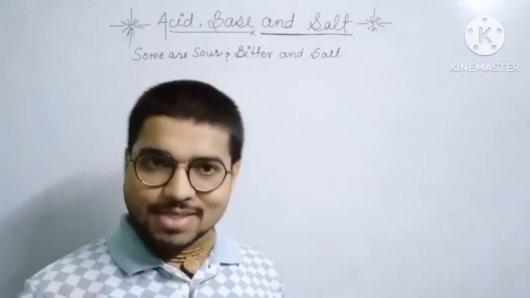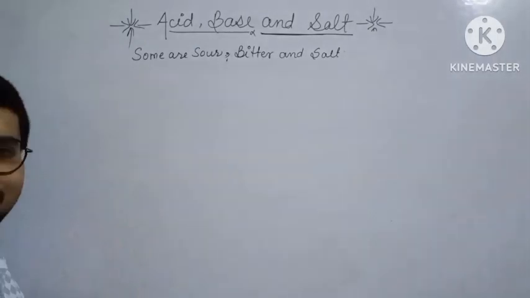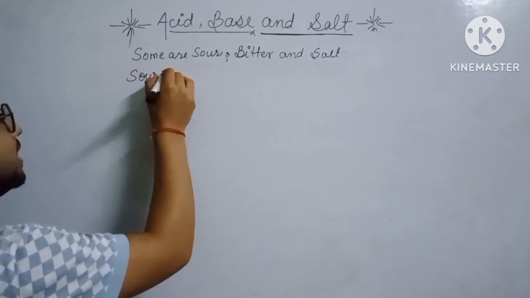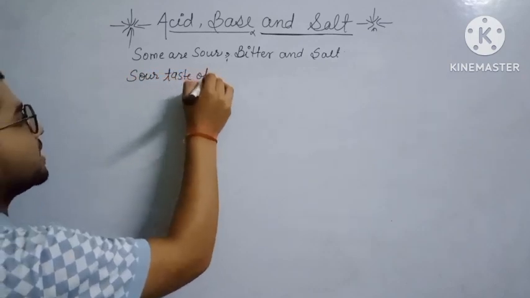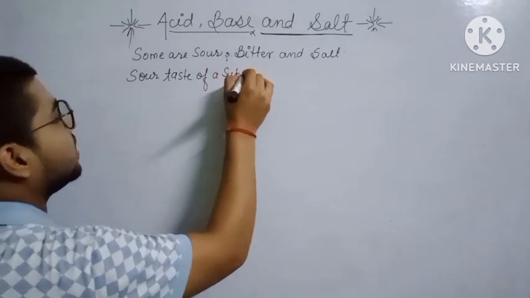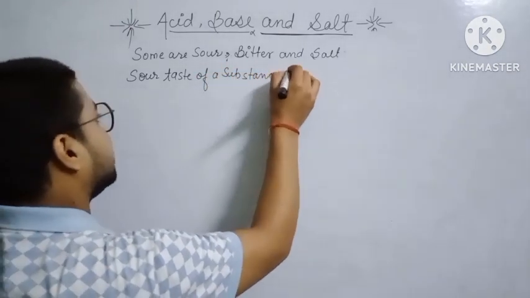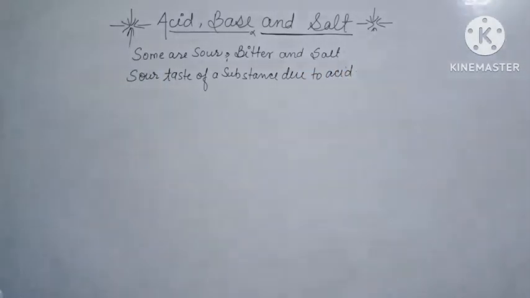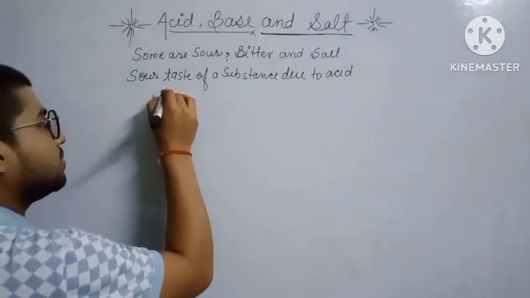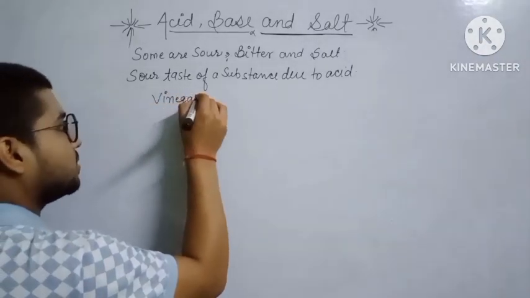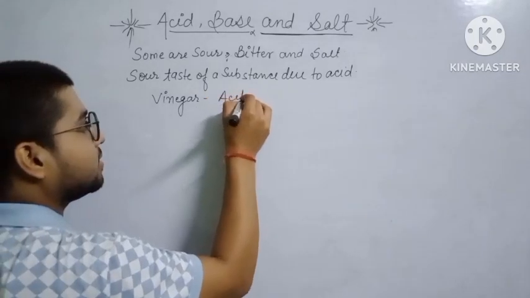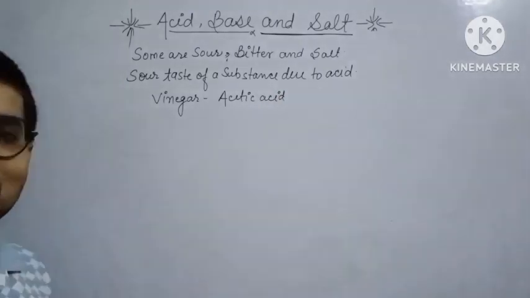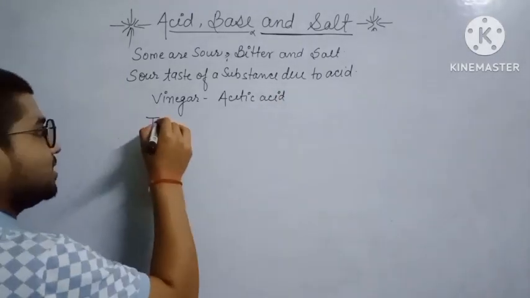The sour taste of a substance is due to the presence of acid. For example, vinegar, which contains acetic acid, and tamarind, imli, which contains